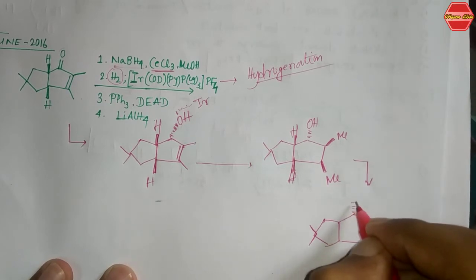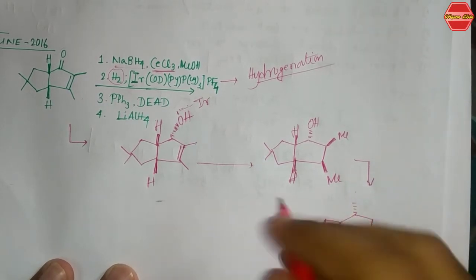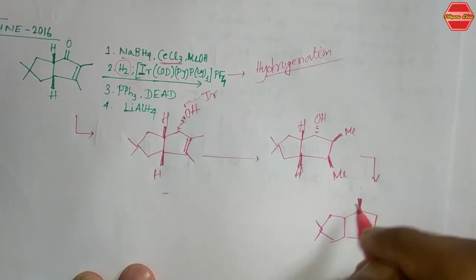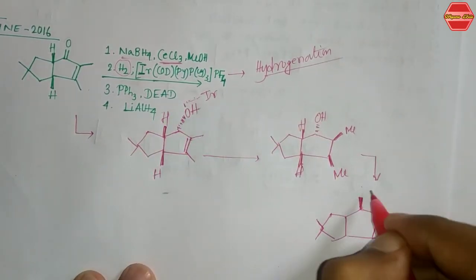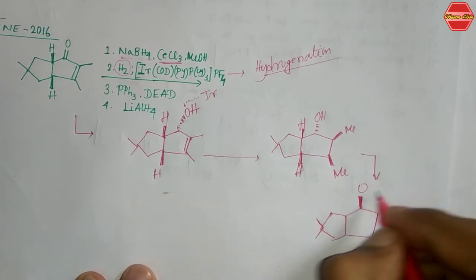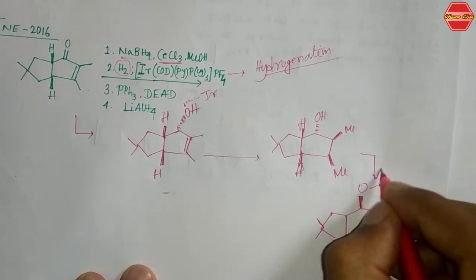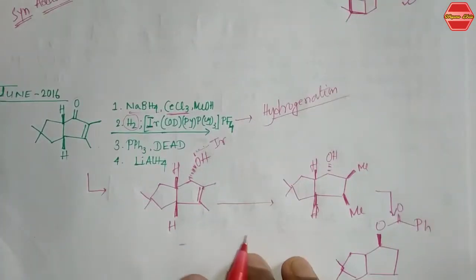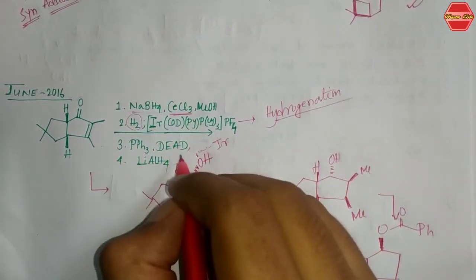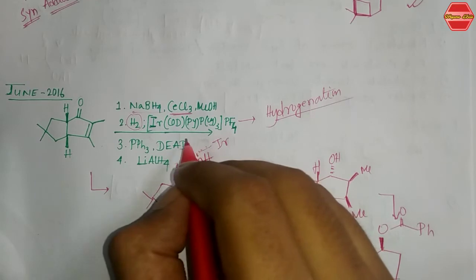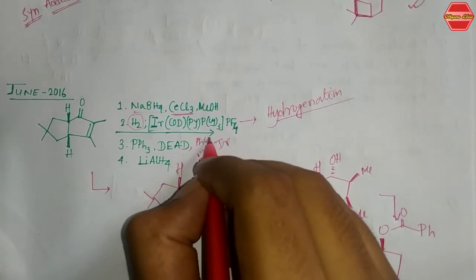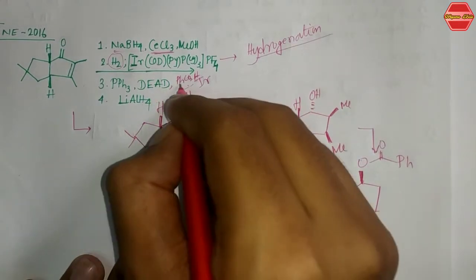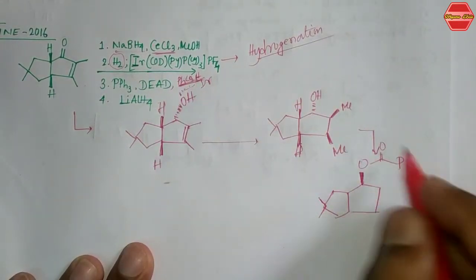So when it is above the plane, you can see that it changes the stereochemistry of the OH, and you can see here this O, C double bond O, Ph, right? I might have made a mistake, because the question gave some more reagent, that is basically PhCO2H, right? So this is the reagent. I had missed that one. So this is your overall